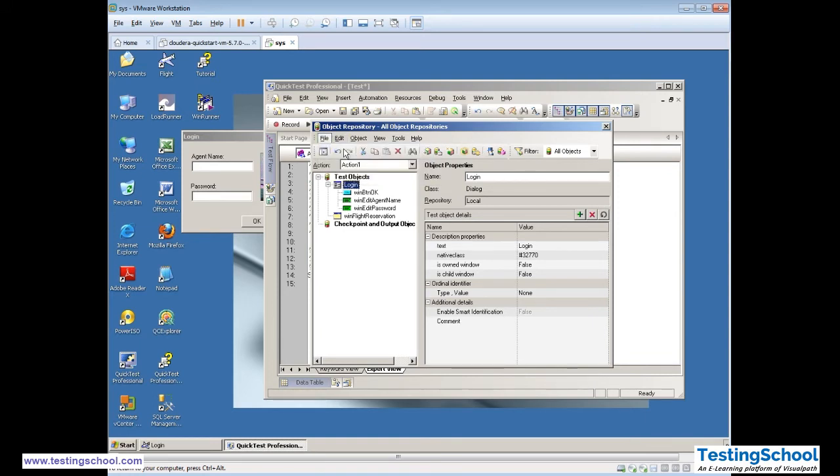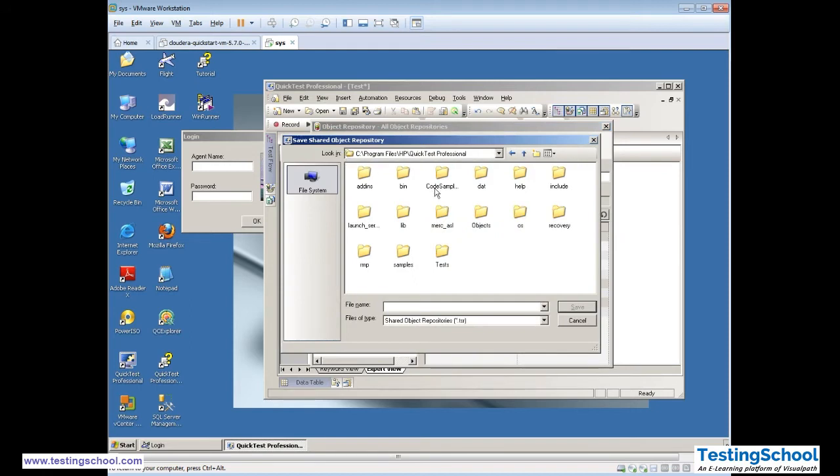Okay, export to local objects. Where you want to keep, we'll keep it on the desktop. Okay, so we will go to desktop first. Desktop, will create object repository. File name, login function.